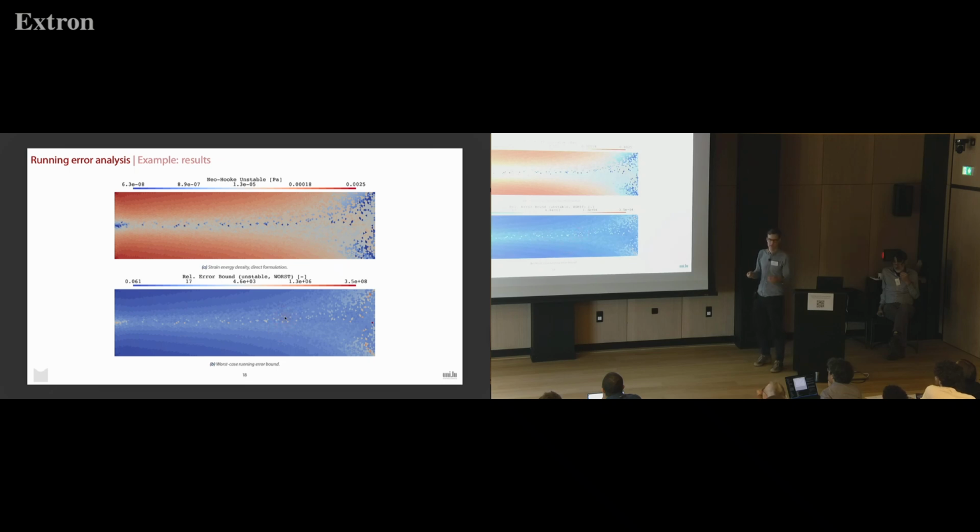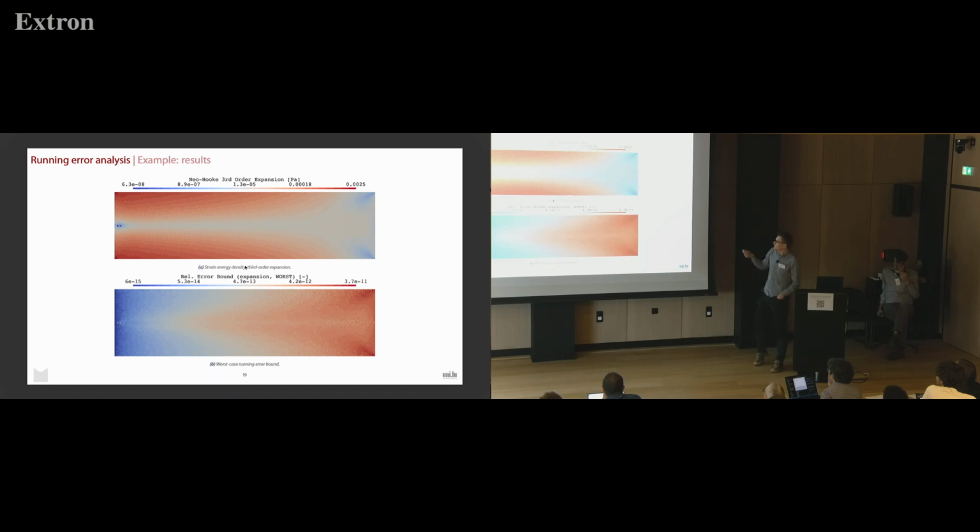And in case I implement the nice thing, the expansion around the small deformation regime, I recover basically the smooth picture that I want to see. So this is the strain energy density for every cell. And my error bound now tells a much better story, that the quantity that I computed has a relative error not worse than 10 to the minus 11, which is still pessimistic, still far from the 10 to the minus 16 you would want to see. But this is because of the mode. If you would use an even more precise mode of measuring the error, you can get to 10 to the minus 14. So just to summarize,